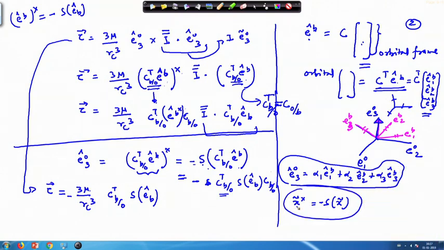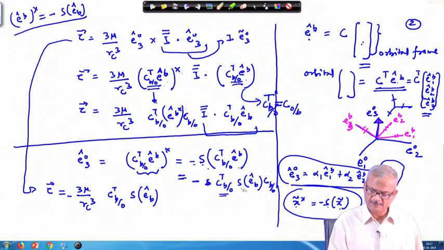Okay, x tilde cross this equal to minus S times x tilde. So, exactly the same thing is here. Immediately, for the identity matrix, if your C happens to be the identity matrix, it is verified. But here this is a rotation matrix case, and for verifying that indeed this quantity is equal to this quantity, we will have to expand it, and it is a little longer expression. You can check it yourself. You just expand it and then check whether this quantity turns out to be the same thing or not.